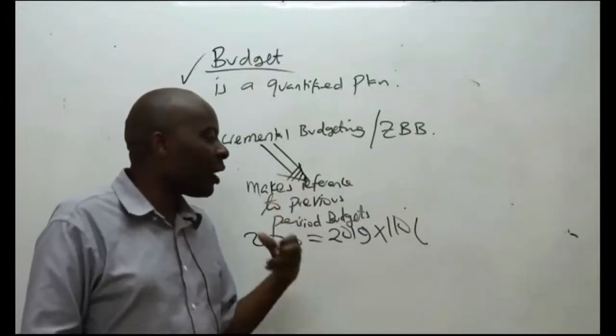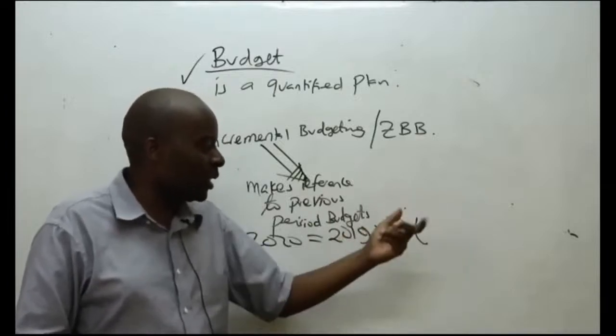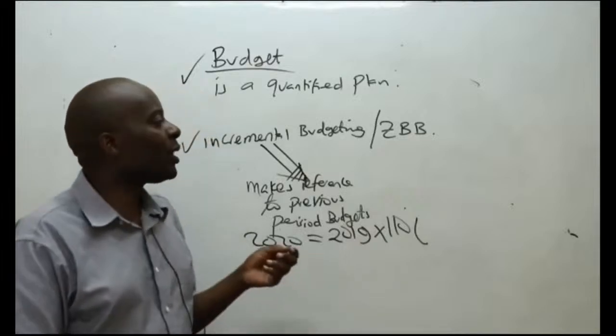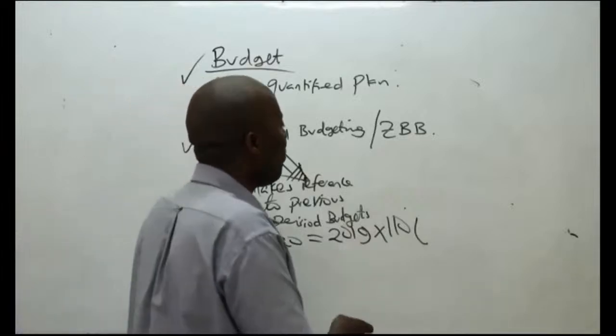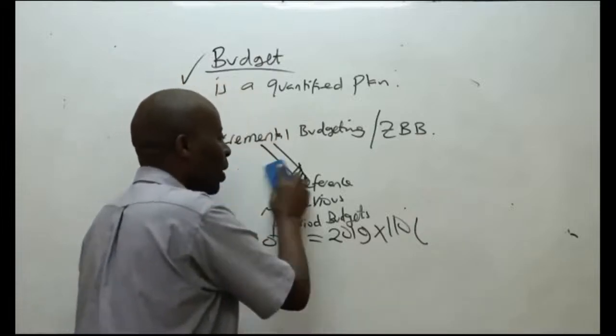It doesn't matter how you performed last year, we'll only keep on giving you an extra 10% as the years come by. Quite a bad system, which is opposed to what we call the zero-based budget, ZBB. Ladies and gentlemen, the thing that you're supposed to know under zero-based budget,